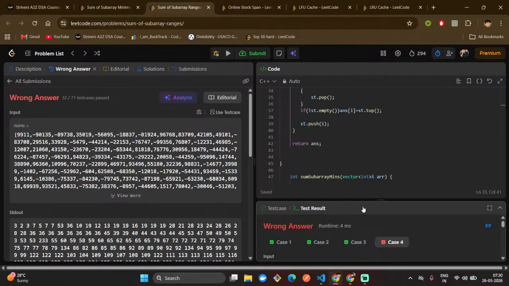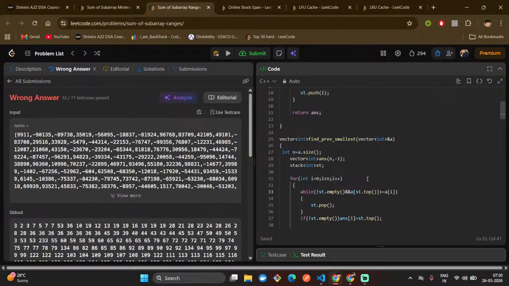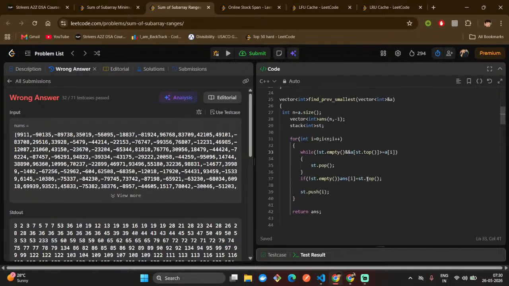Let me see the concept behind it. The smallest and the smallest means, where, I understand now. But it is the previous minimum element. Why we have to use the previous minimum element